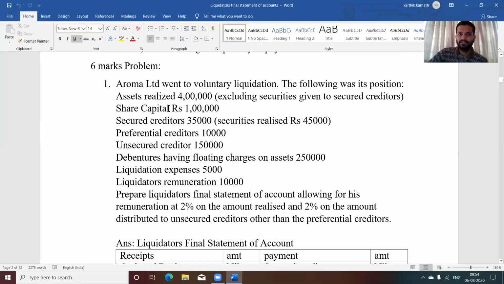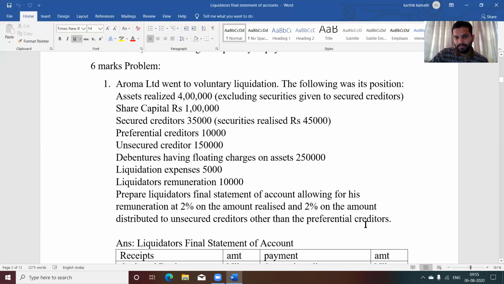Share capital 1 lakh, secured creditors 35,000, securities realized is 45,000, preferential creditor 10,000, unsecured creditor 1,50,000, debenture having floating charges on assets, that is 2,50,000, liquidation expenses 500, liquidator's remuneration is 10,000. Prepare liquidator's final statement of account, allowing for remuneration at 2% on the amount realized and 2% on the amount distributed to unsecured creditor other than preferential creditor. See, here they have mentioned other than preferential creditor, unless and otherwise stated in the problem,